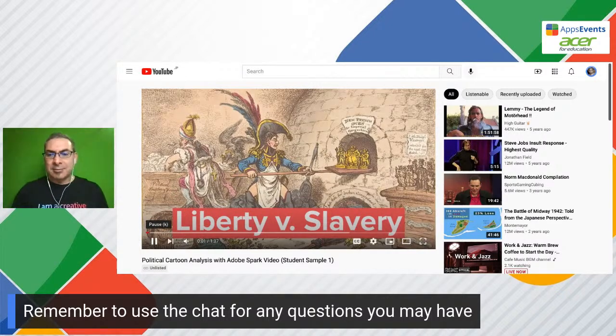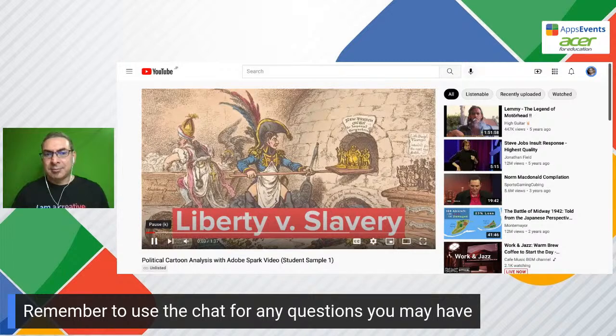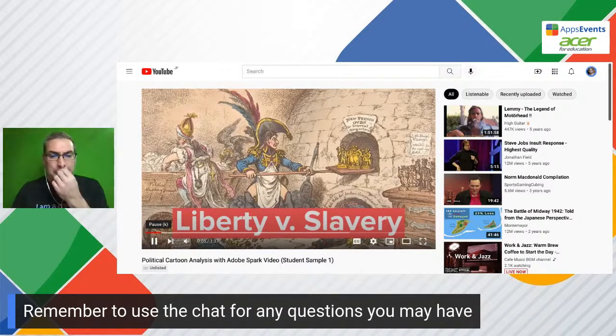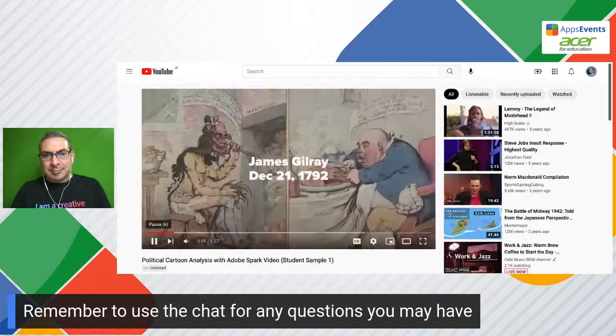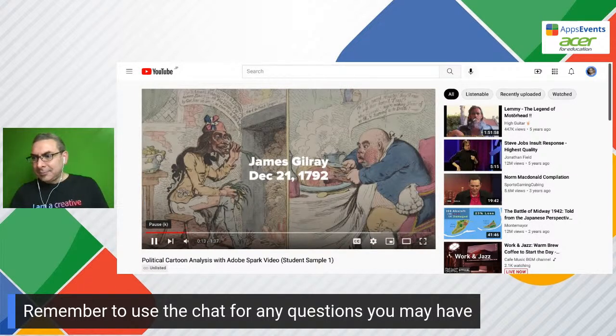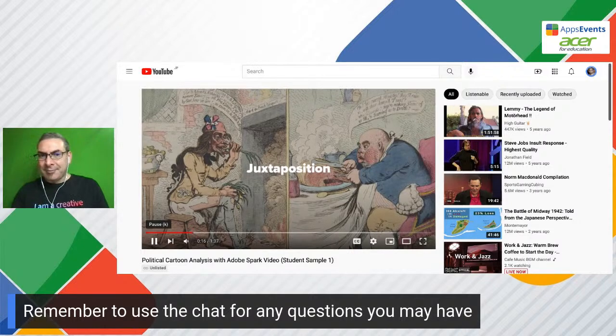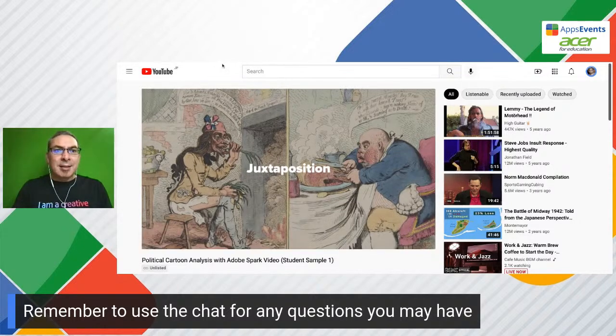During the French Revolution, elites in other European countries did not want their people to do the same as France, so they tried to make it seem useless to revolt. This cartoon was drawn by James Gildart on December 21st, 1792, which was during the French Revolution. This cartoon uses the juxtaposition between the poor French and the rich English to show that.